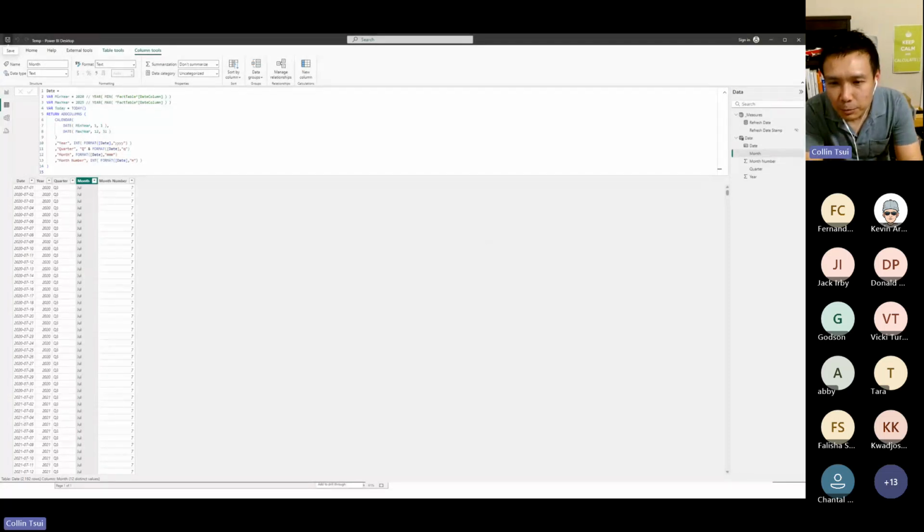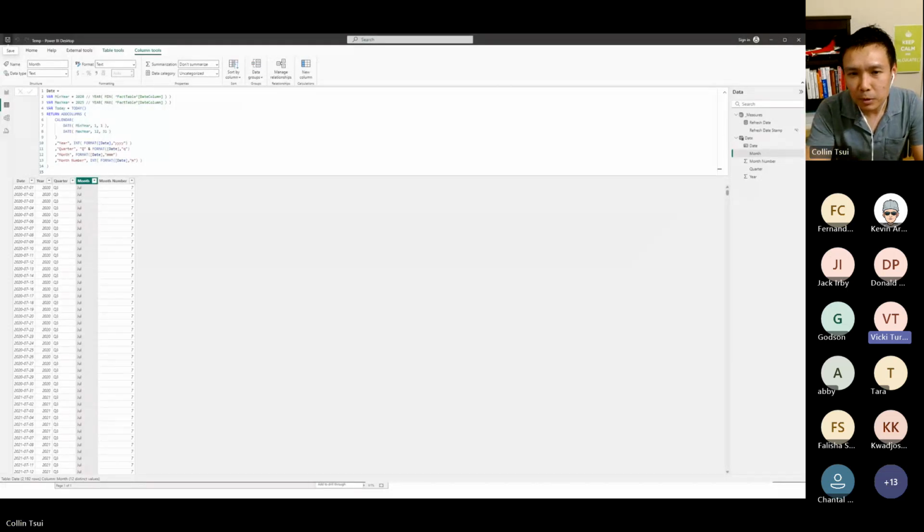And then Vicky, just before that, asked a question: what implications does marking as date table have if you don't have auto relationships in place? I don't know. Probably more just what are the implications of marking it as a date table versus just leaving it as a table? Actually, go ahead, Kevin. There's some time intelligence functions, and it looks for it to be marked as a date table, and it puts